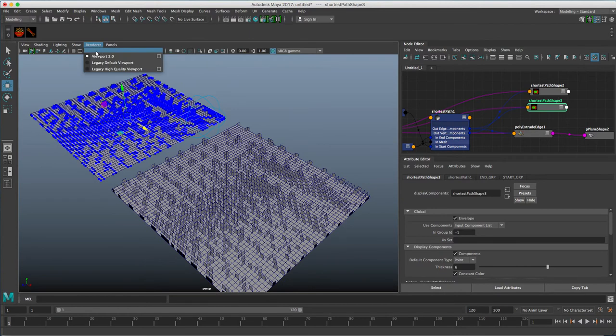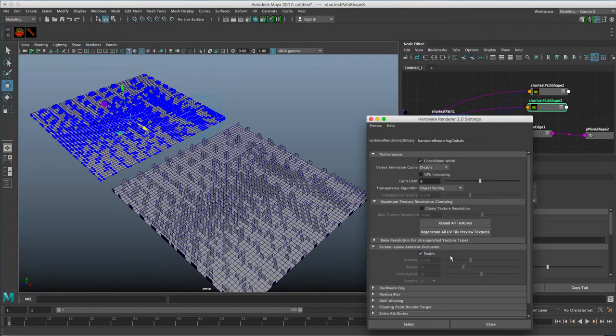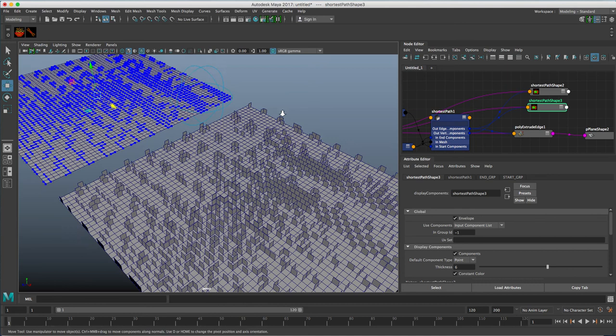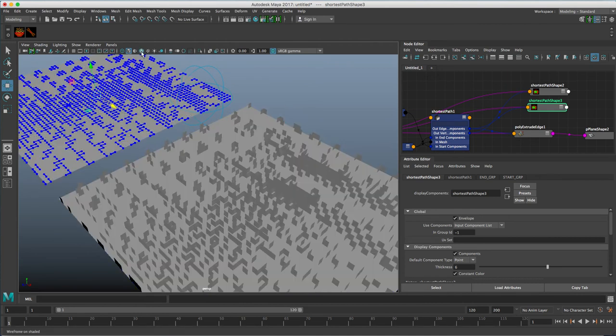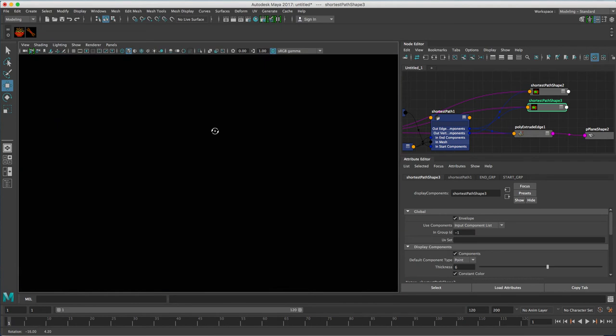And let's try viewport 2 is already on, and just some screen space ambient occlusion. Turn off wireframe. Did I turn off? No, can't see now. Okay,